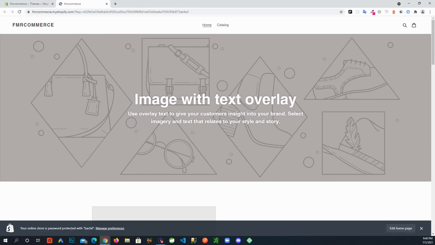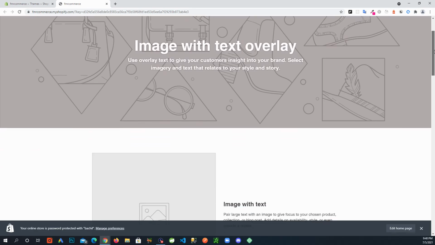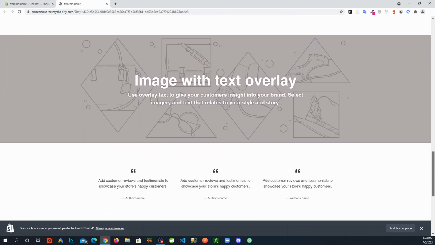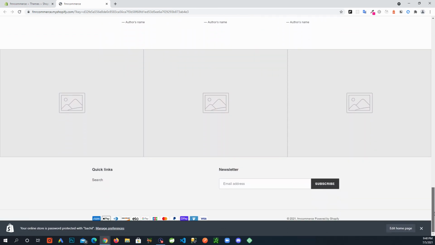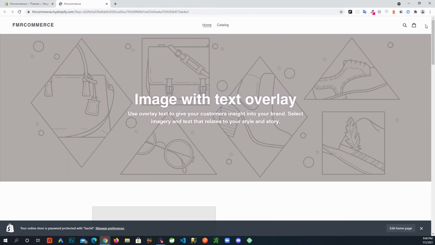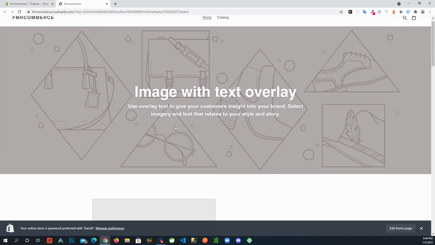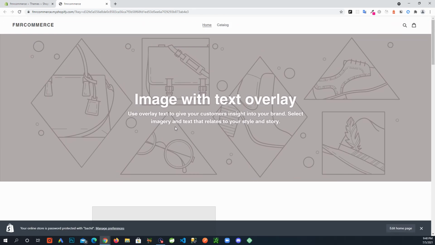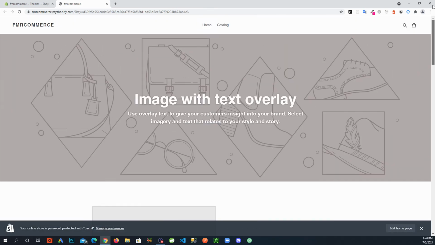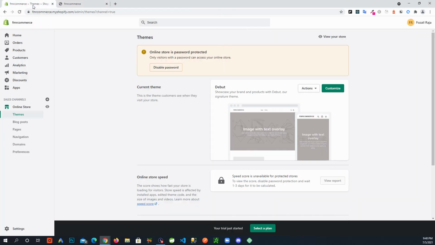Now as you can see, that's very basic, like a lot of placeholders for images and text that you can modify and make this store your own. And so just by registering on Shopify right away, you can see that it just created a basic website for you. So now you can go back here,